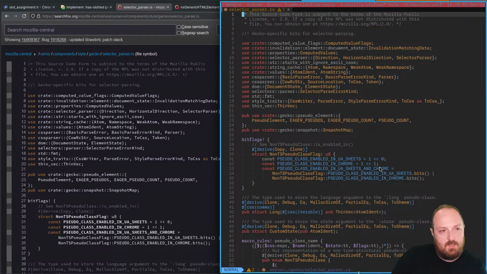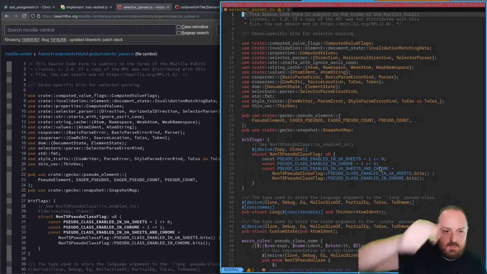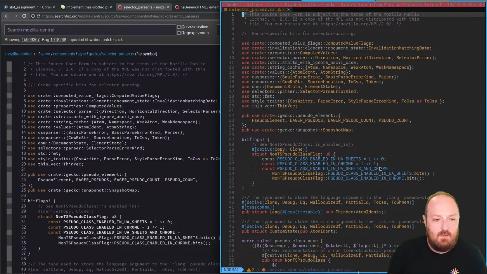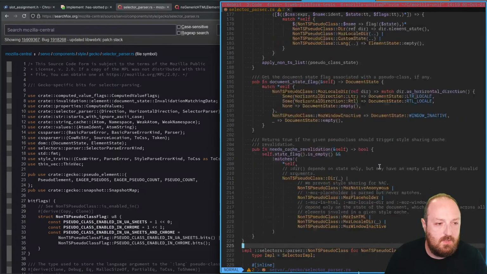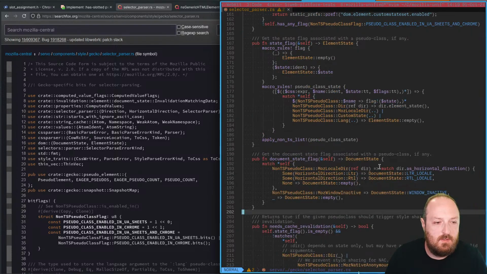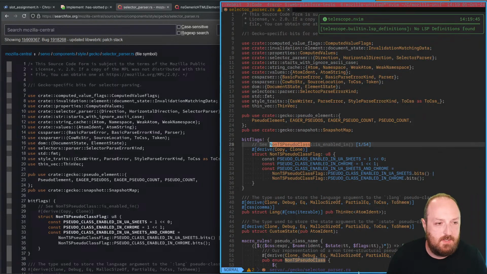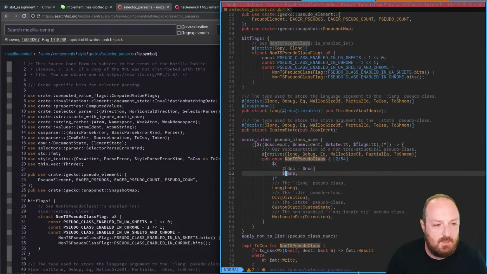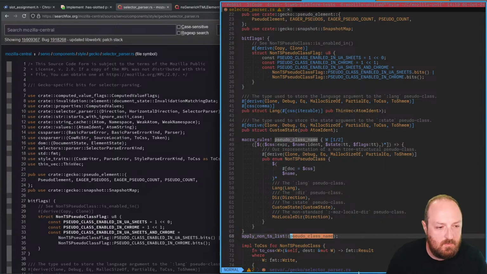So the way this works in Rust is Stylo, which is the CSS engine that is used for both Servo and Firefox, implements something called the selector trait. And so there's a bunch of what are called non-tree structural pseudo classes. And so we want to go here. We want to find where the non-tree structural pseudo class is. And it's this macro rules pseudo class name, which